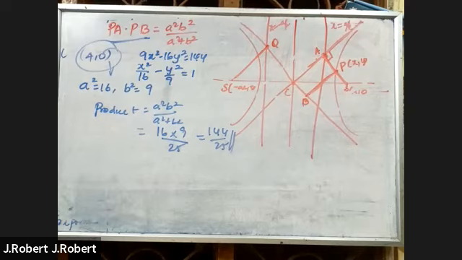First problem. A hyperbola has its center at the origin, passes through the point 4,